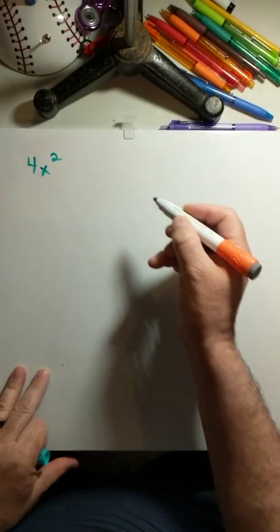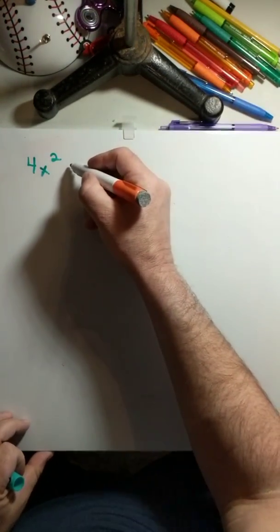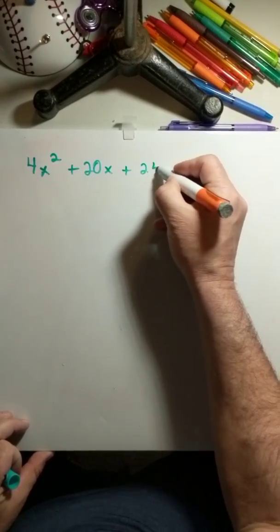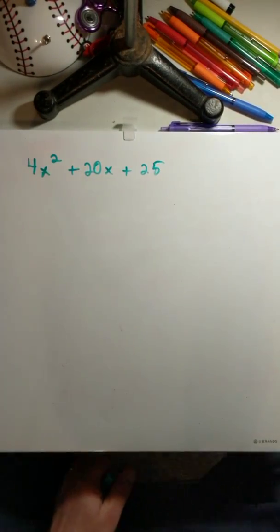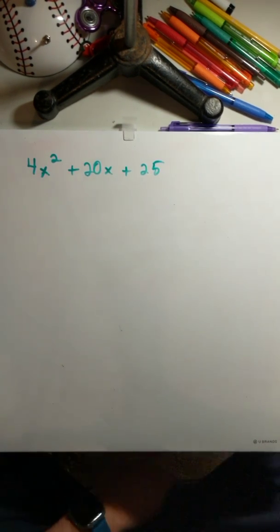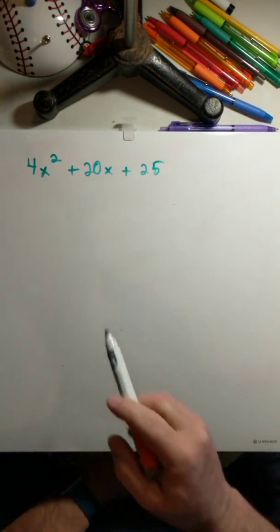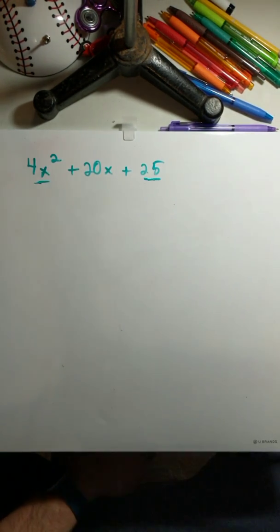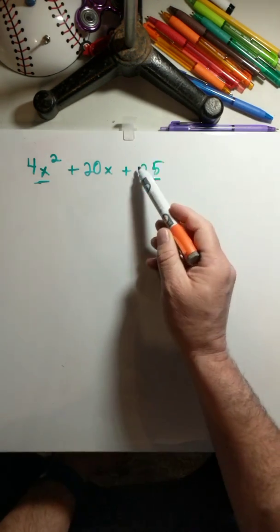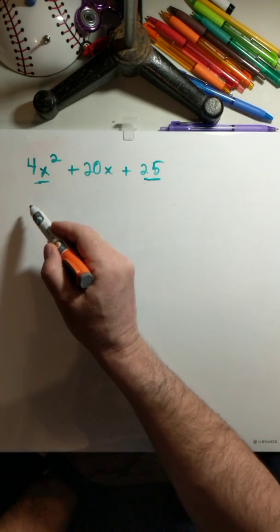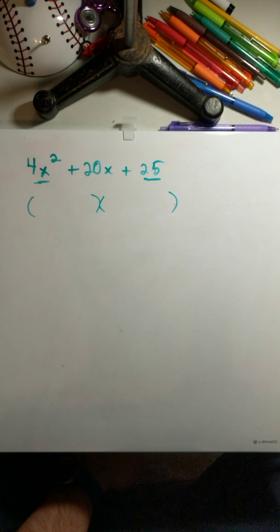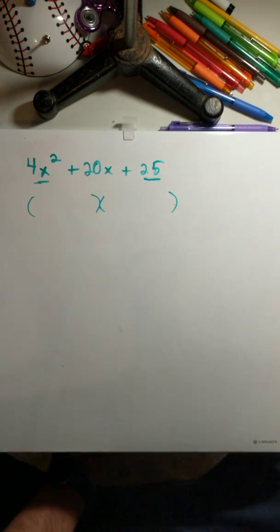4x squared plus 20x plus 25. So it looks like a trinomial. That's one thing that you should know about perfect square factoring. The other thing you should notice is that your first and your last term are square expressions. In other words, we could square root this and we could square root that. Whenever I see one where both of these are square numbers or expressions, I automatically think this could be a